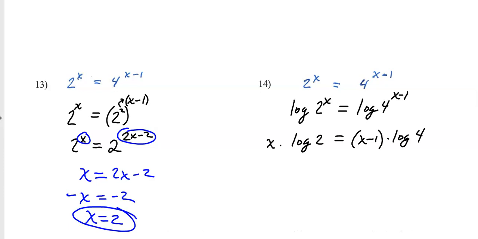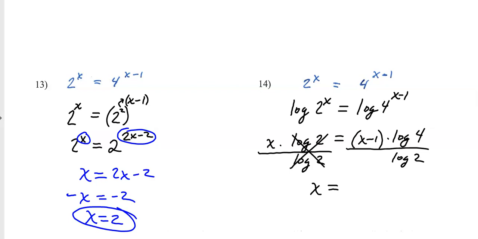All right, well, I have an x over there on the left. So maybe I'm going to divide this side by log of 2. Divide this side by log of 2. That goes away. So then I get x equals